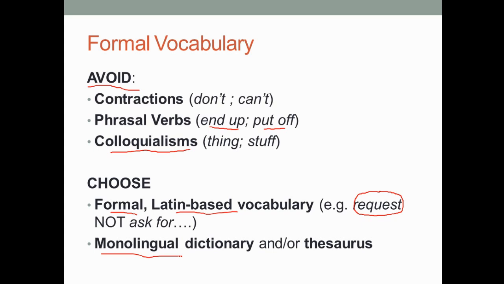These types of dictionaries always will be able to indicate whether a word is considered to be formal or informal, very often with symbols like this for formal or inf for